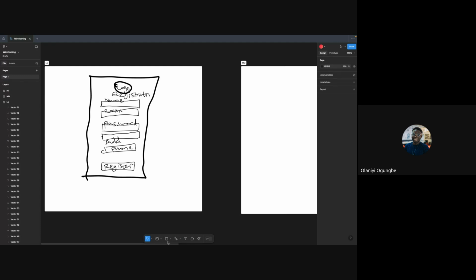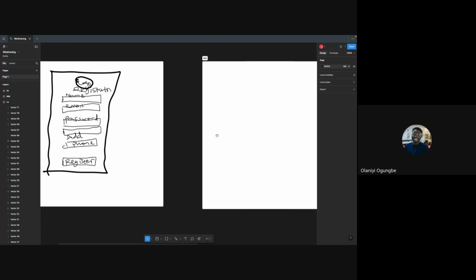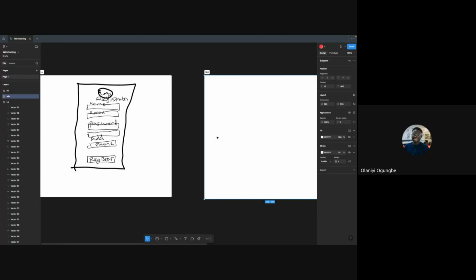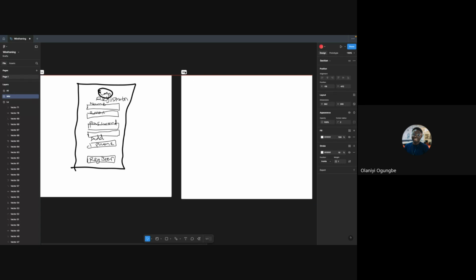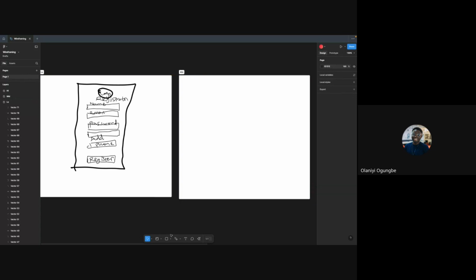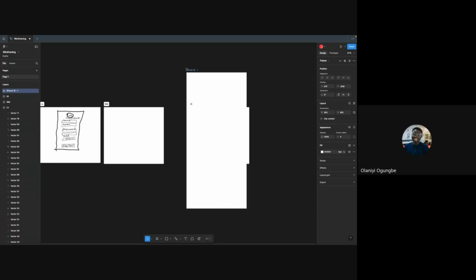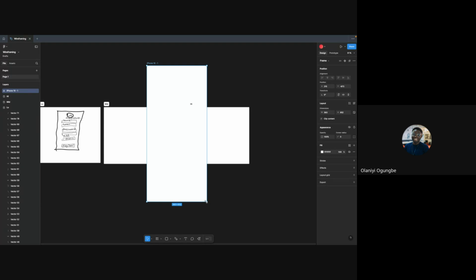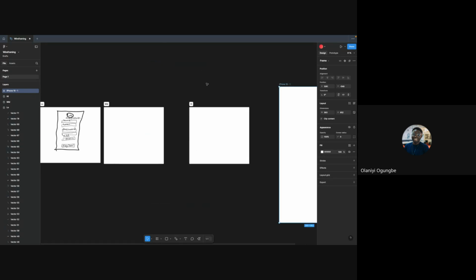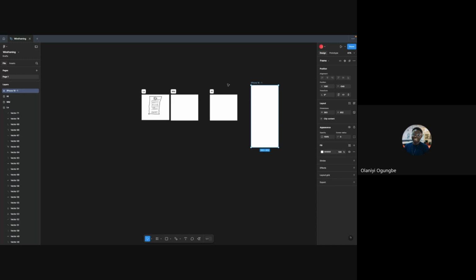Okay, now let's try to recreate this real quick, but in a much more refined version. Since the first one was a low fidelity, let's do the mid fidelity real quick. So what do we need to have first? We need to have the frame. I'm just going to pick iPhone 16 frame. Just so this thing is big. Let me make it smaller. Or I need to make this one bigger, actually.